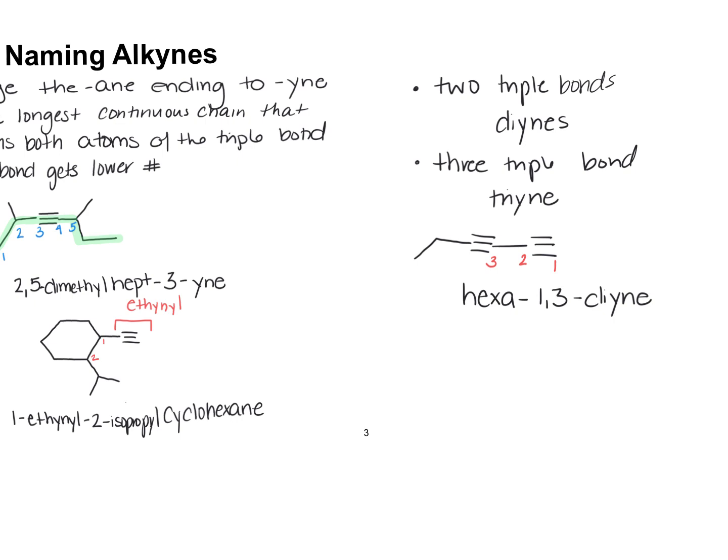So if you're ever curious about which one I'm saying in the screencast or in class, I am also going to try to spell it for you as well. Okay. Then the last kind of thing is what happens if you have a double and a triple bond? Well, if you have a double and a triple bond,